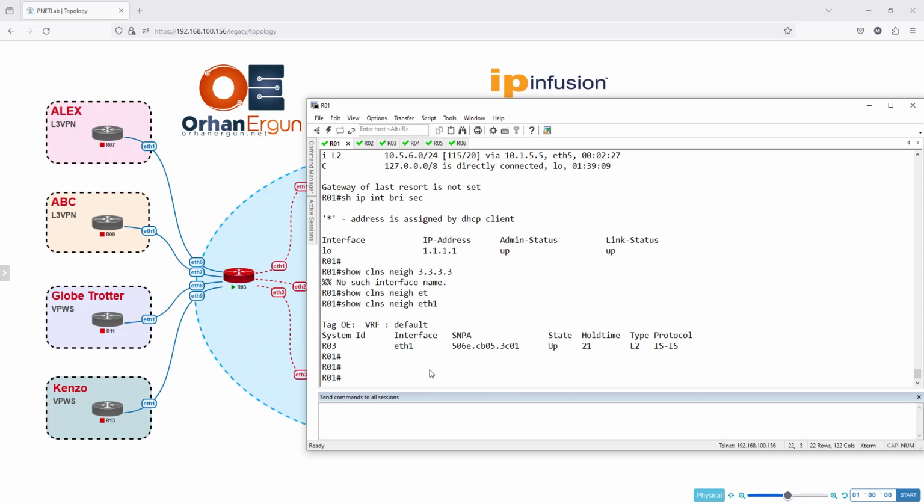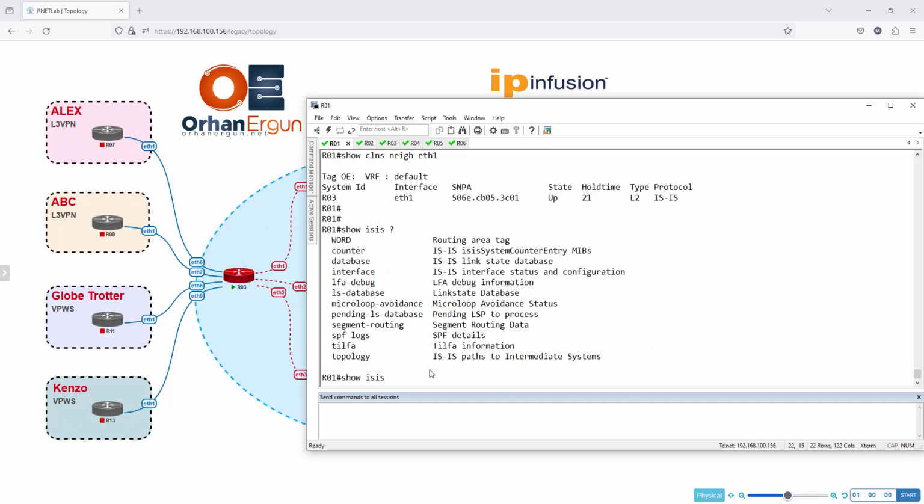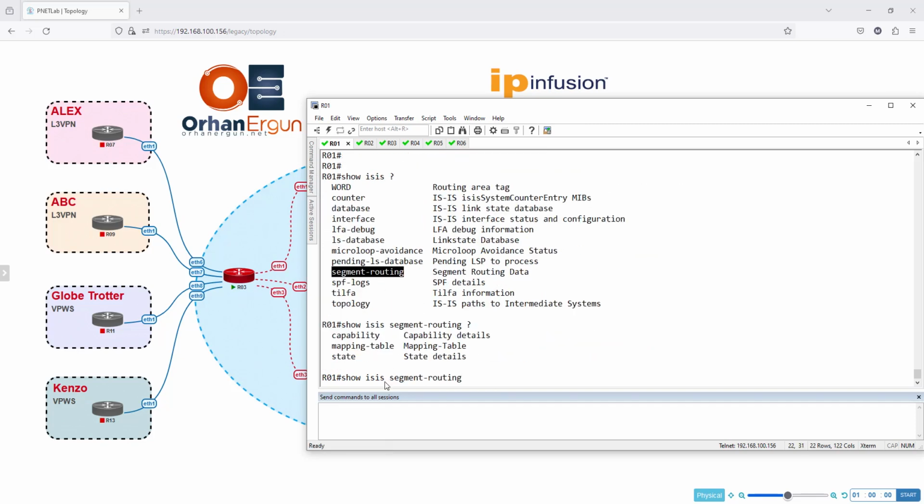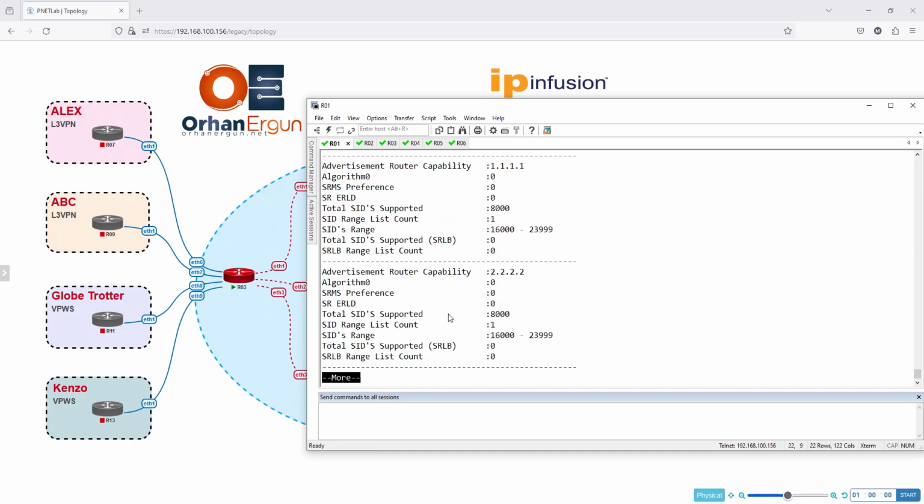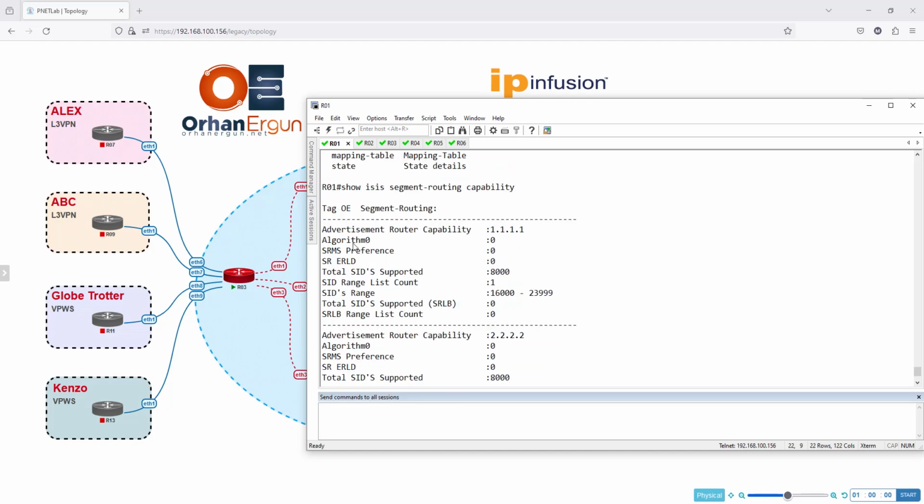Now, what I'm going to say is show ISIS, and after that you can see that there is an option that says segment routing. This one is important. And then I have capabilities right here. So I'm going to check this and later state, of course. I'm not going to go through all of these routers, but you can see that, for example, for one of the routers,